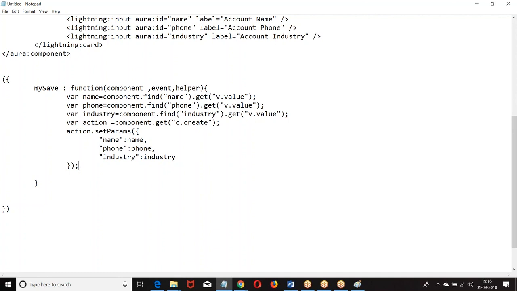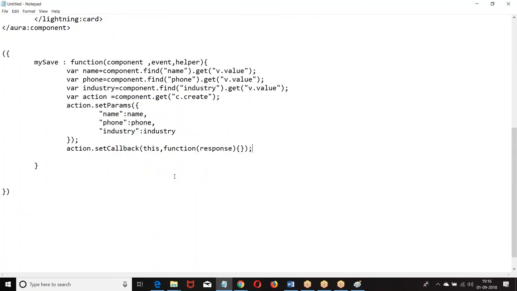How do you create a callback action? Action dot set callback. We are reading a component, reading the values, passing the parameter. Then what was the format? Action dot set callback. What do we have? This function. This function response. In the function response, we need to check the status where state equal to